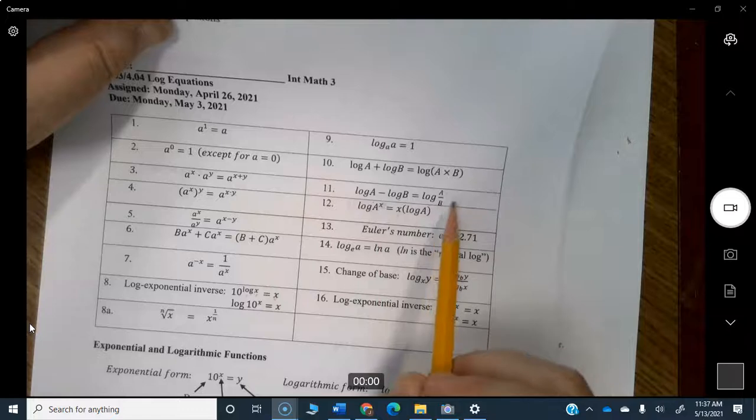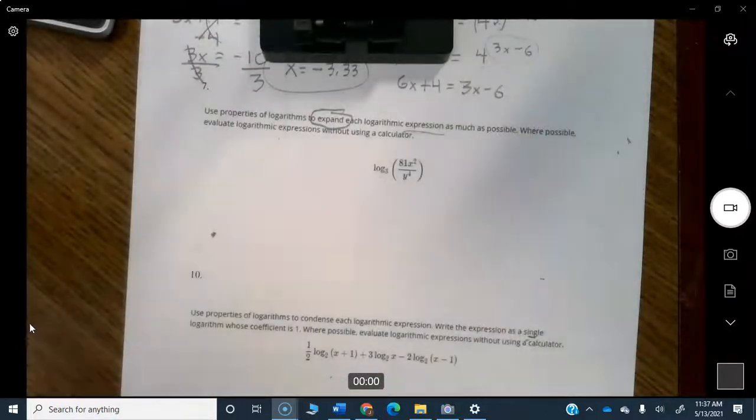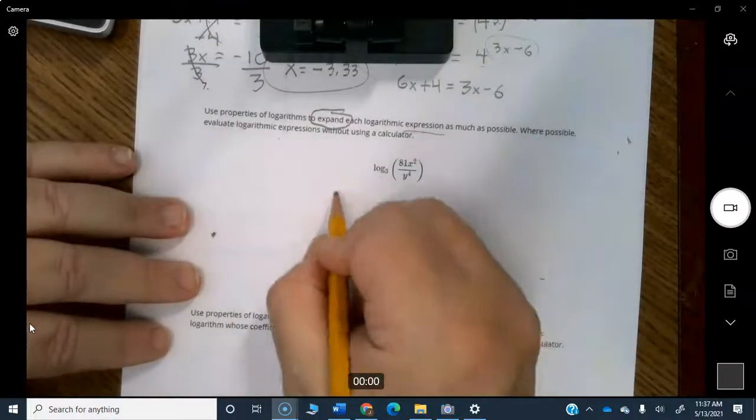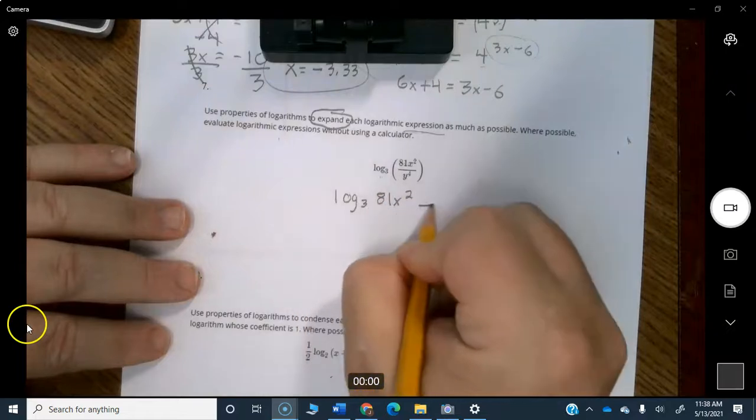Log of what's on top minus log of what's on bottom. That's rule number 11. So we're simply going to say this. What's on top minus